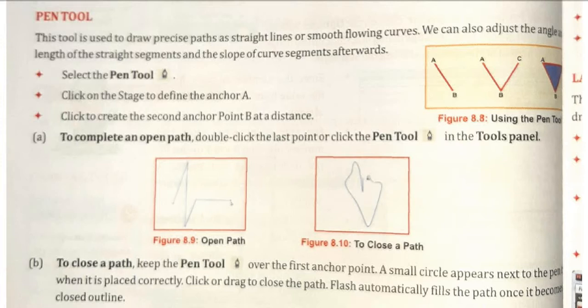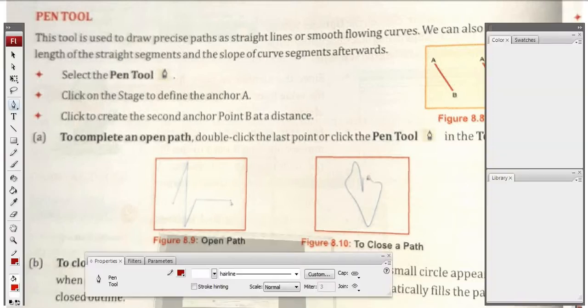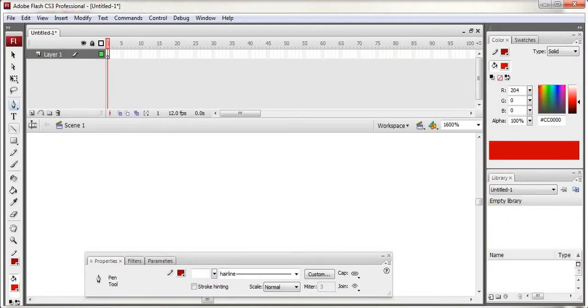So as you can see in the figure, you can even make a closed path or open path. Let's see. Suppose I am taking this pen tool, right? I'll click here, and now in this stage, first of all, I'll click here. See, single click. So here one point you can see, right? Now I will move and I will again click here. Okay, see. So first I clicked there and then here.